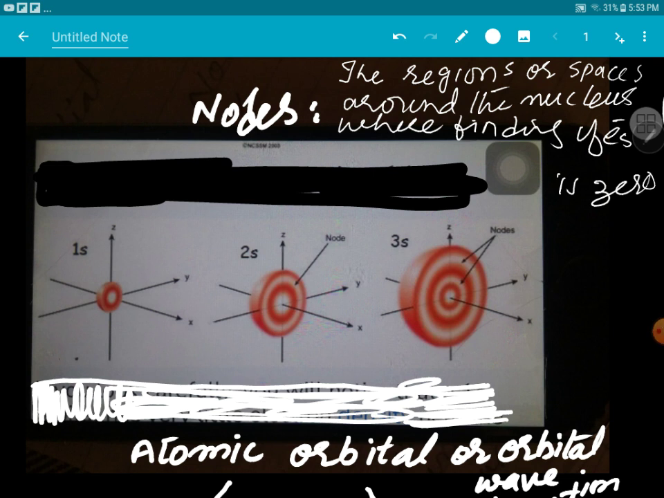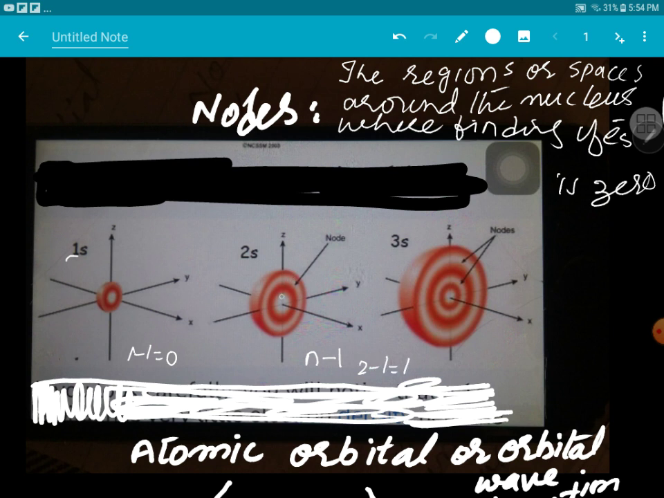How do we know how many nodes are present in the 1s, 2s and 3s orbitals? It's too easy. The formula is principal quantum number minus 1, where the principal quantum number is the shell number. If we consider 1s, the 1 is here: 1 minus 1 is equal to 0, meaning 0 nodes. So the probability of the electron being maximum is in the 1s orbital, and for 2s, 2 minus 1 is 1,